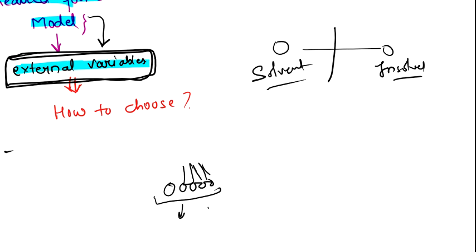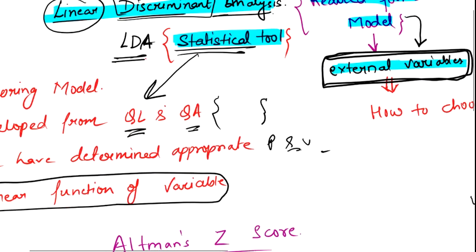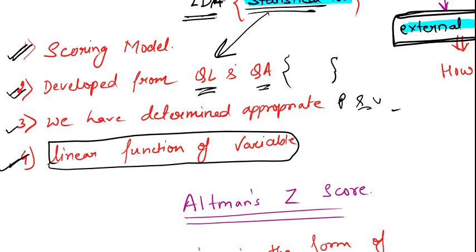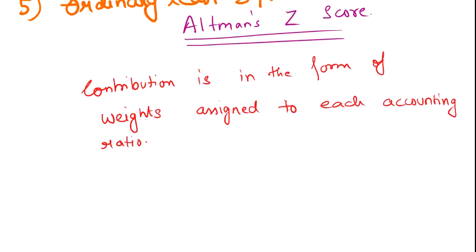Okay, for that there are many methods, but what are we concerned with? We are concerned with the ordinary least square method. So in point number 5 you can write it down: ordinary least square method. Now, how are we assigning a score? It is told by a small model, that is the Altman Z score.